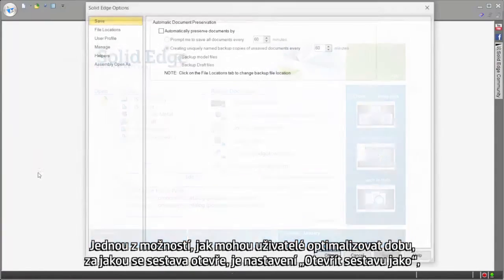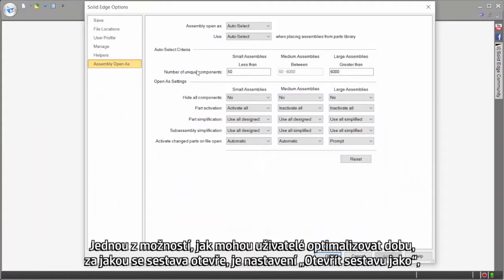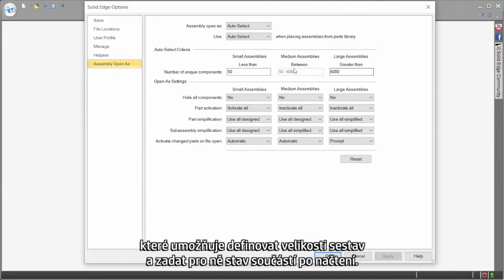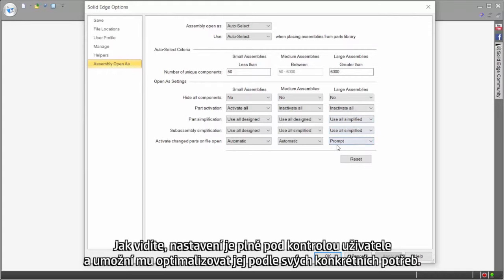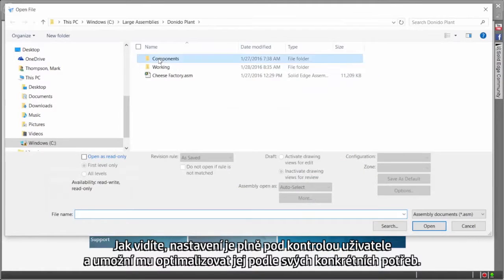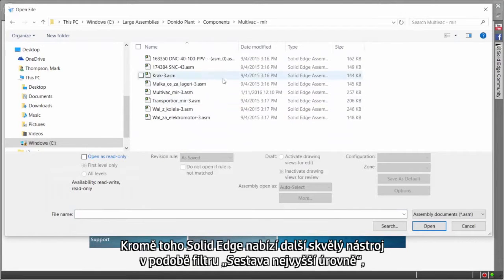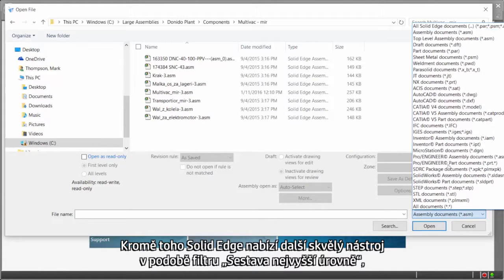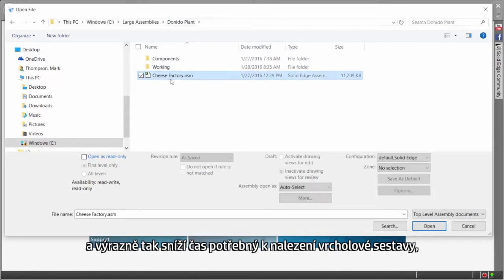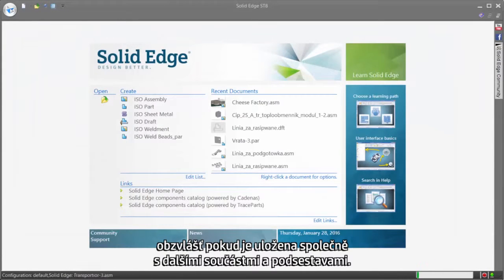Tools such as Assembly Open As is one way in which users control how they optimize time to open, providing options to define the size of an assembly as well as the state of the parts when loaded. These options are fully customizable and lead to improved performance when working on assemblies of all sizes. Additionally, Solid Edge offers another great usability tool in a top-level assembly filter that filters out all lower-level assemblies and parts, greatly reducing the amount of time necessary to find the top level, especially when being viewed alongside other parts